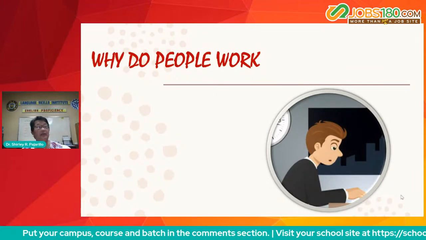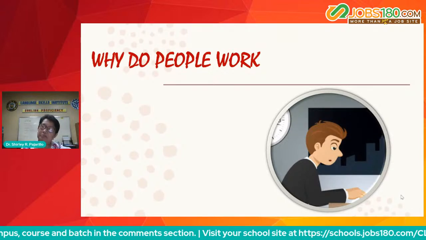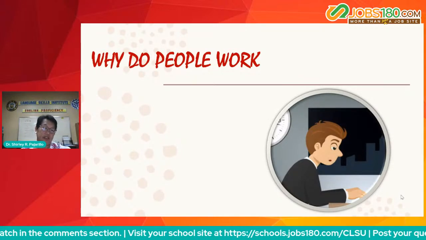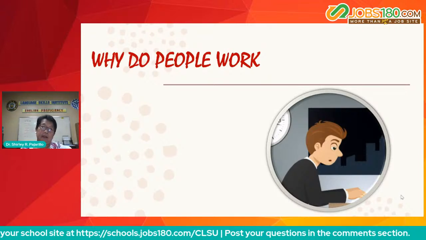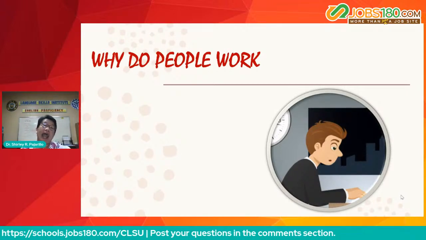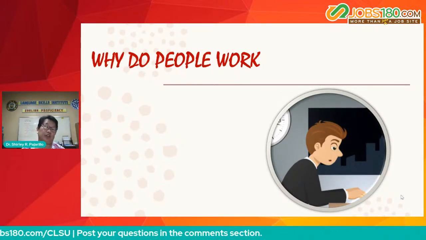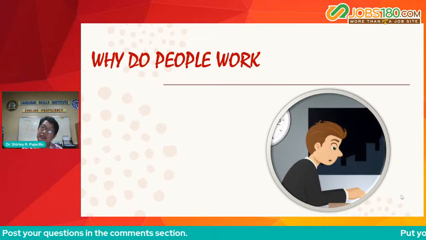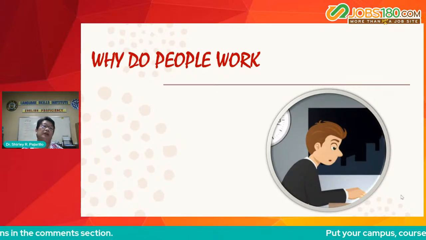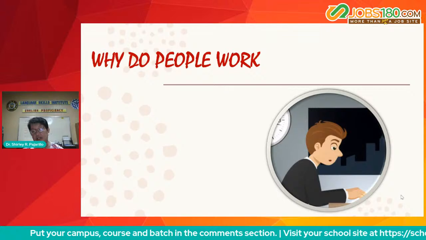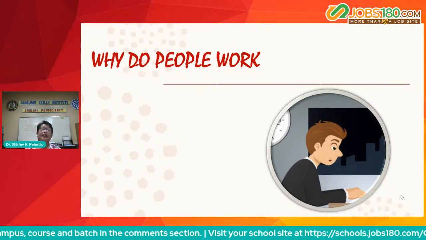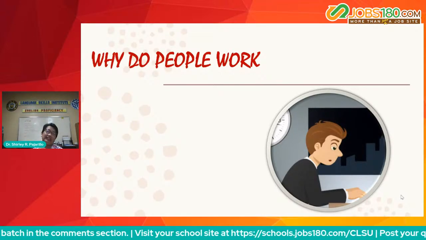So, ito din, we need to consider, let's be truthful to ourselves. Gawin nating makatotohanan at maging practical tayo. So, why do people work? I ask before I search on something. I ask some people, siguro marami estudyante ko before, professionals. So, these are their answers. Why do people work? Number one is